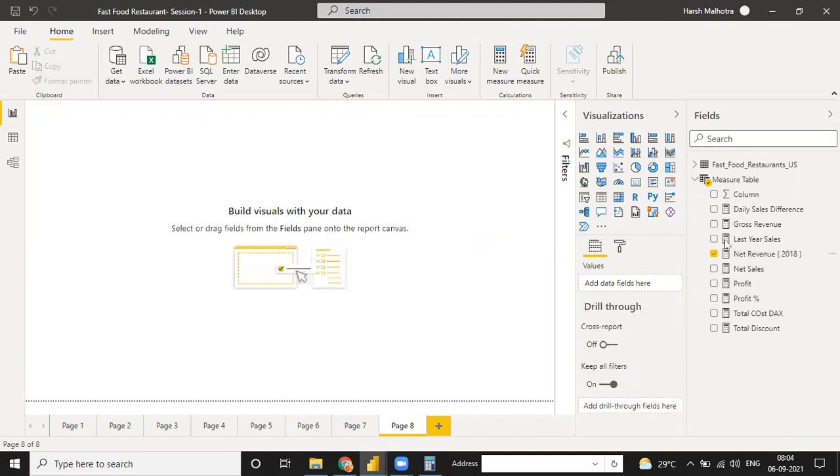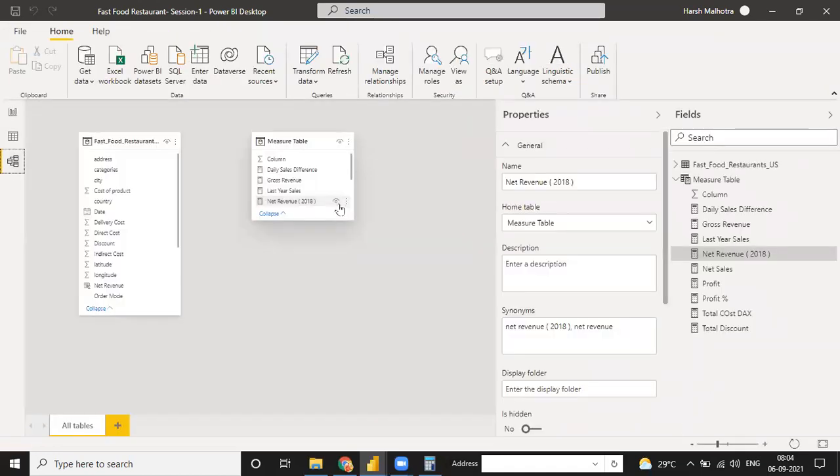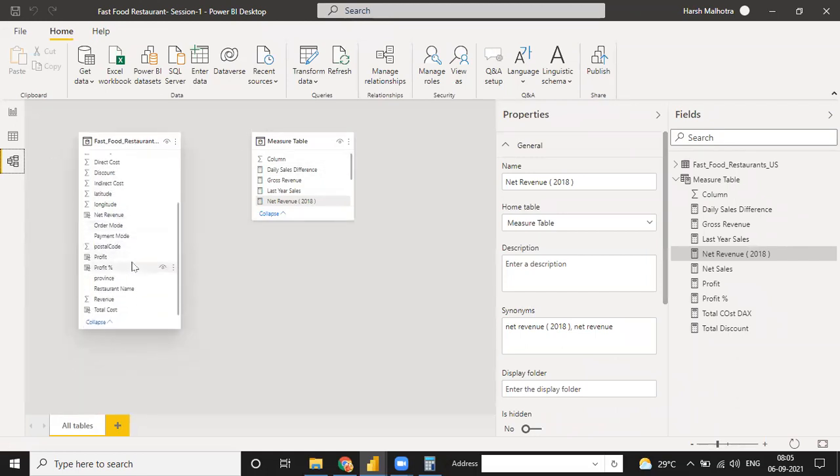What is the error? Let me show you. Net revenue, calculate, net sales, filter, everything is correct. What happened with this? Let me go to model, fast food restaurant, total cost, date,